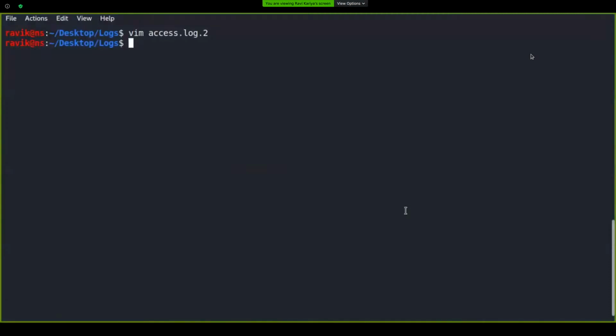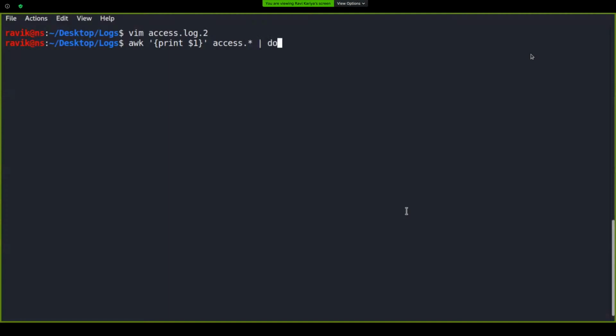Now I have the access.log.2 file, so let me get into this detail. As mentioned, the first part was the IP address, so let me get the details of the IP address. Print $1, that is for the IP address, from all the log files.